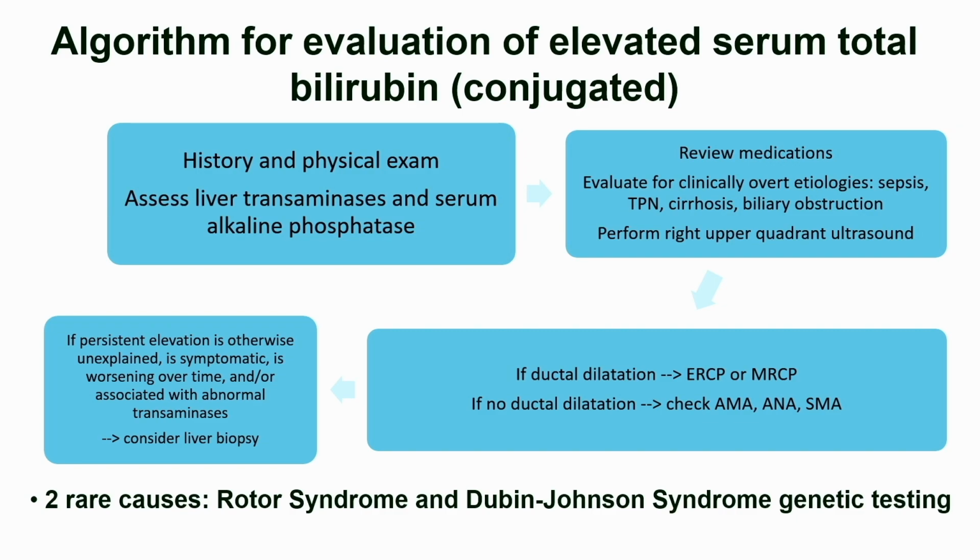of cases, and it's typically medicine-induced. If the AST and ALT are absolutely normal, which you see, you should consider two rare causes, Rotor syndrome and Dubin-Johnson syndrome. And again, nowadays we have genetic testing for these. We used to do all kinds of complicated coproporphyrin measurements and other things. You just now send off the genetic analysis. It's actually quite straightforward. Otherwise, you're looking for typically drug-induced causes, and then TPN, biliary obstruction certainly happens and they